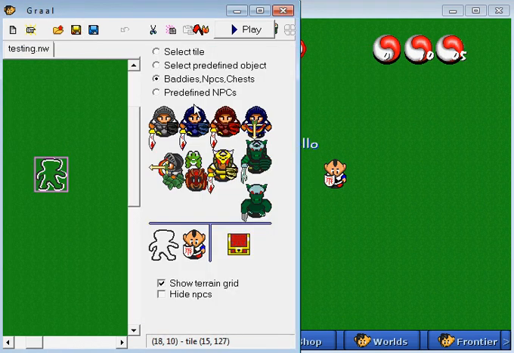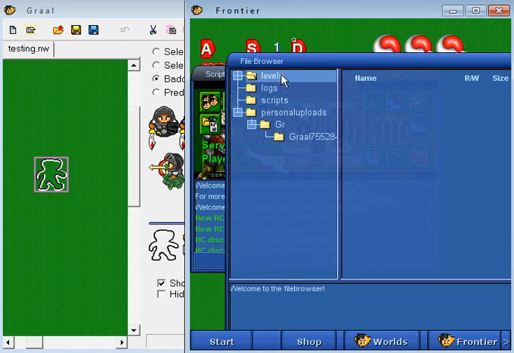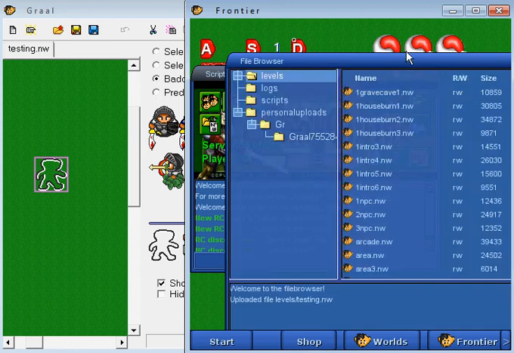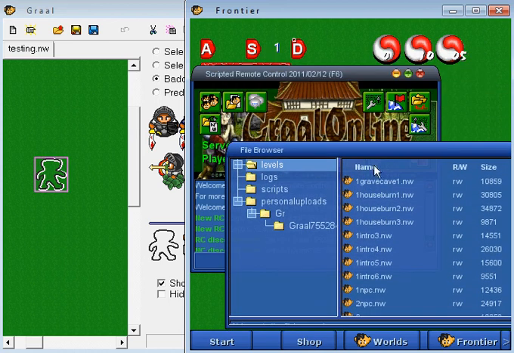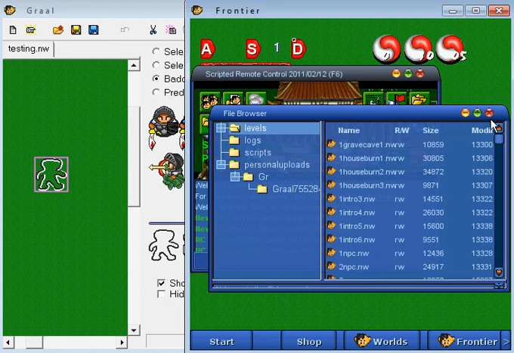And this is how you would usually upload levels. You would save it, click Start, Remote Control, Levels, right click anything, then double click the level. That's how I usually do it, and how you would do it if you have Level Editor. But there's another way to do it actually. What you have to do